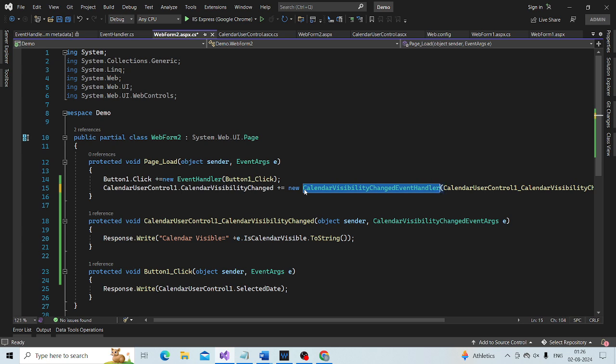This is the event handler method. The event is happening after the method is registered.